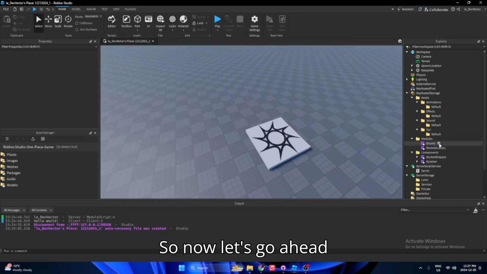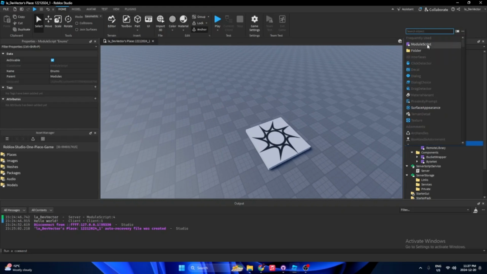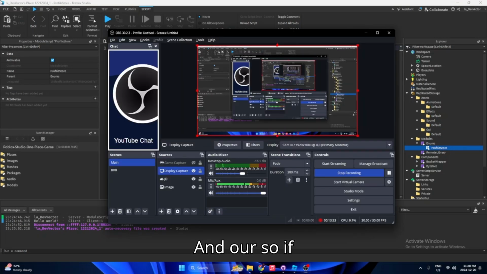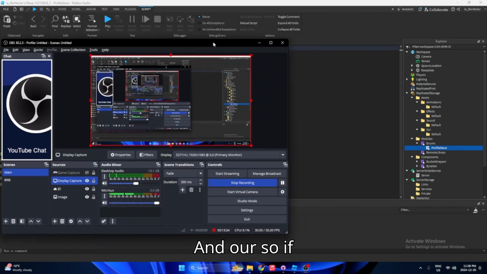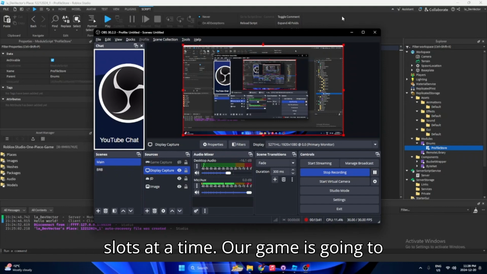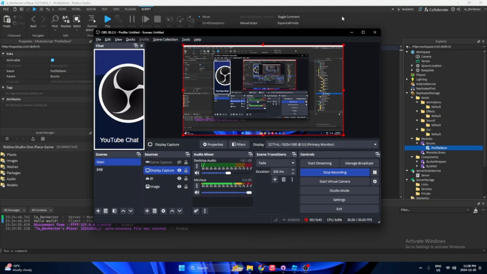So now let's go ahead, create one in here. We're gonna call it profile store. And so if you guys have ever played any game like Type Soul or Deepwoken, they have a slot system, so you can have multiple character slots at a time. Our game is going to have that. Okay, so